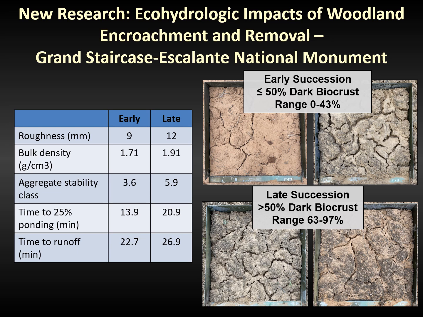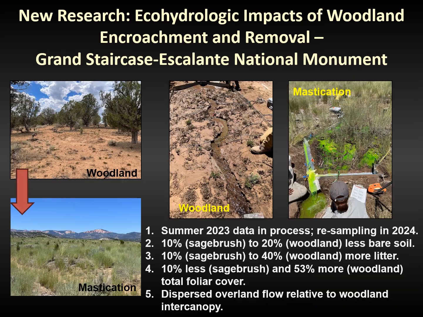In general, the preliminary data suggests that areas with more than 40% dark biocrust cover exhibit a rougher surface, greater aggregate stability, and delayed time to ponding and runoff generation. Parsing the various effects and that of bulk density on overall hydrologic response and erosion potential is forthcoming. This well-replicated study will provide a basis for assessing the aforementioned hydrologic and erosion responses across low, moderate, and high biocrust cover. The results summary here is also very preliminary and includes some basic field observations for our ongoing work